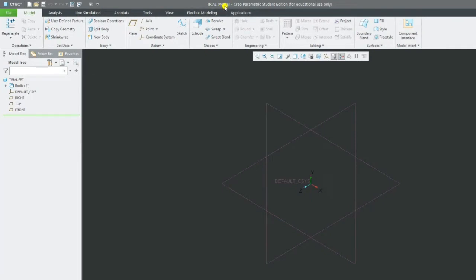We got a trial. Now let us go for the right plane. If you click right, you can see a box appears in the right plane. Like if you click on top, it will select the top plane. If I click on front plane, it will select the front plane. Okay, and by default, the extrude will take place along the Z direction. So we select the front plane, and extrusion by default will always be along the Z plane. So let us select the first one, which we call the front plane, and see what other options are available.